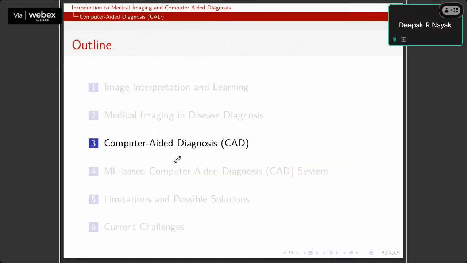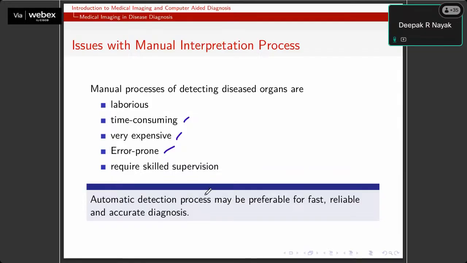So when people thought of developing this automated process, it's not like we need to replace the doctors and all their decisions. Our main goal here is to assist the doctors so that they can make better decisions. This kind of system or model, whatever we're planning to design, they can just use as a secondary or supplementary tool, and then they can verify the decision they are making. So that is the major goal here.